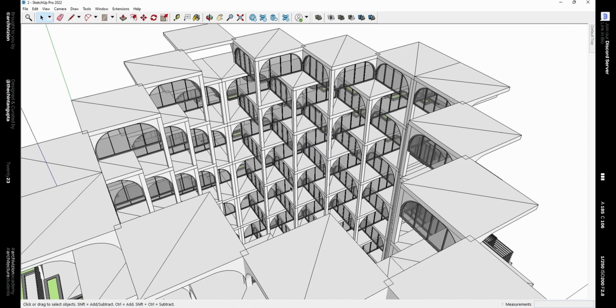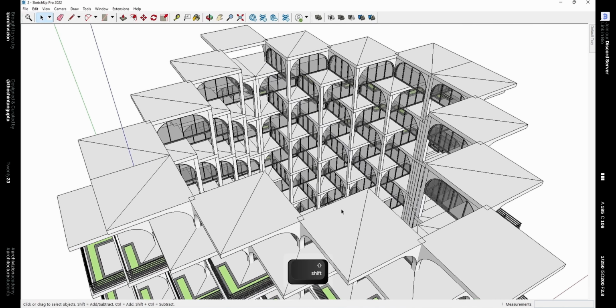Now we can make the floor slabs. So start by using the line tool and then start clicking in the red and the green axis. Now you make sure that you draw these lines in a coplanar manner, otherwise we won't get a face we are looking for.